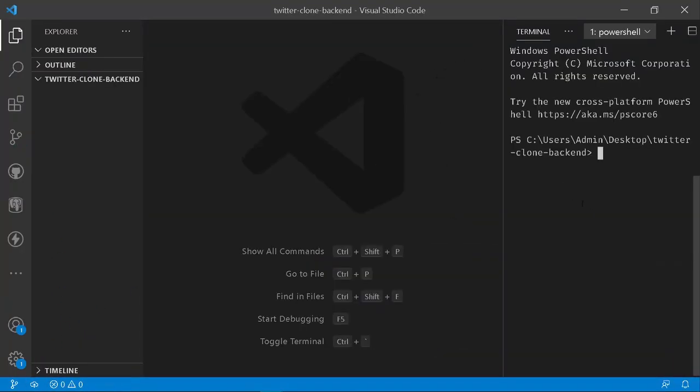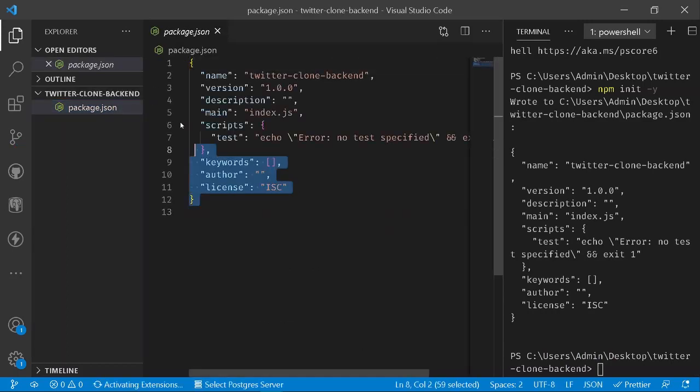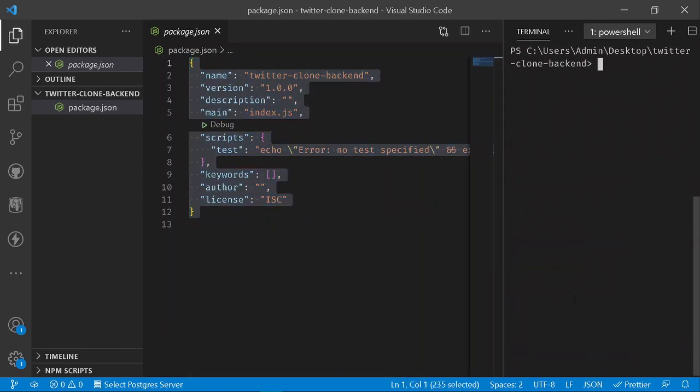On my terminal, first of all what we need to do is init our npm. First things first, we need to initialize an empty package.json file for our npm. For that purpose you should be writing npm init -y, and once you have run that, the package.json shall be generated, which will contain all of the packages that we are going to be using in our project. Now let's clear it out, and here I will be installing certain packages.